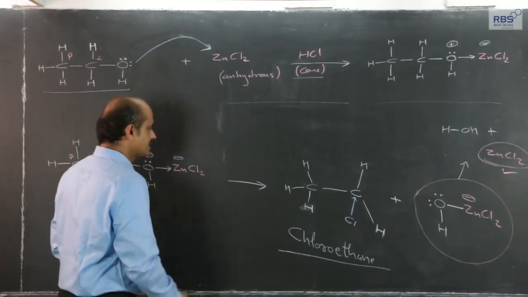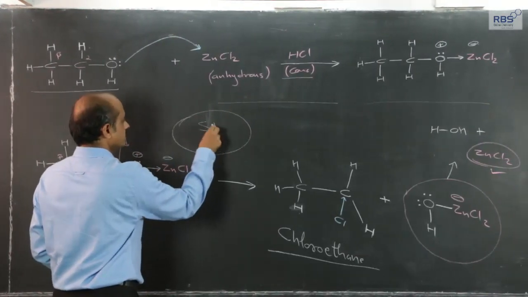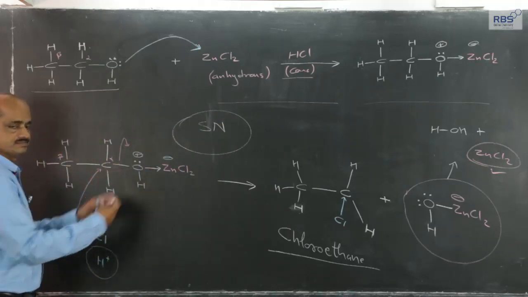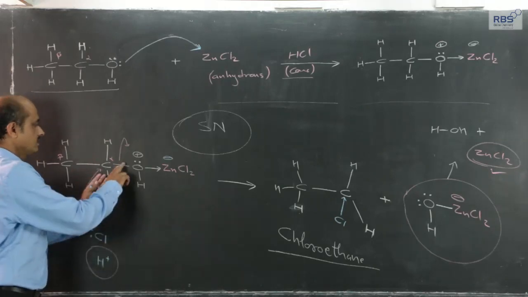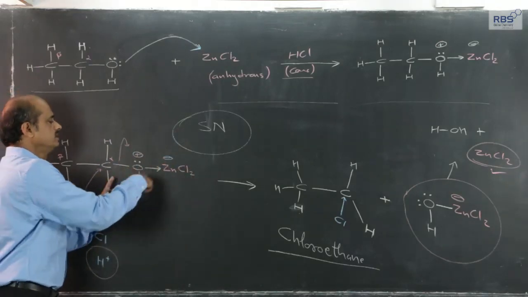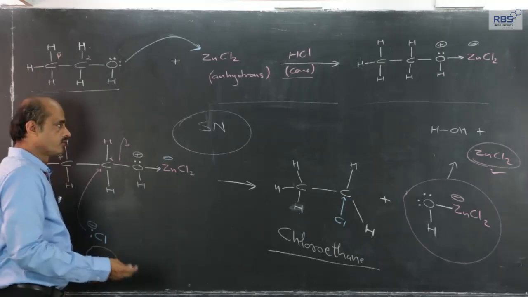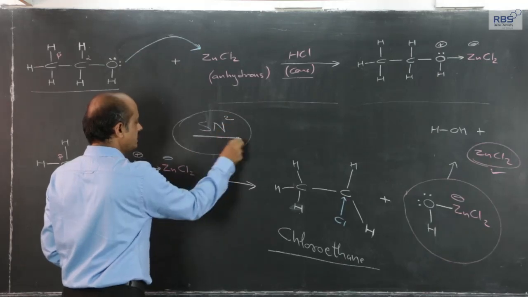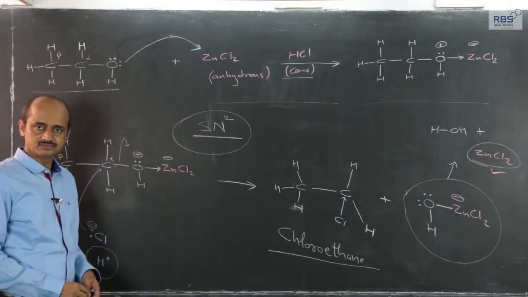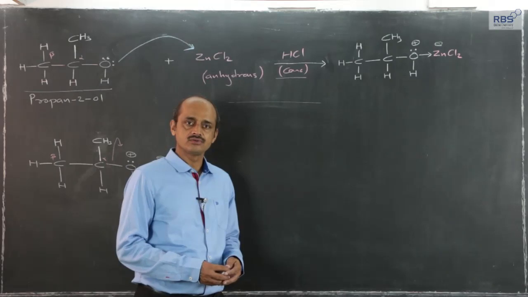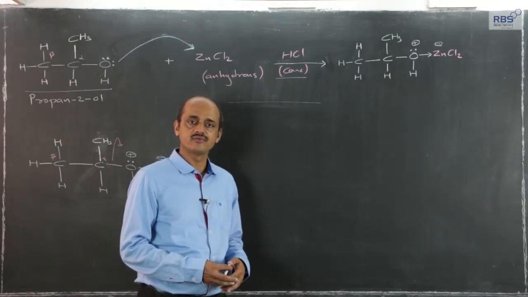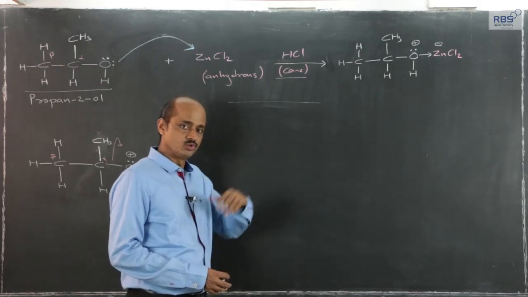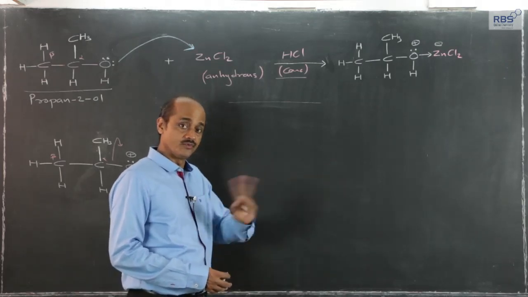So, this is again an example of a substitution reaction, and since this has taken place in one step, attack and removal of the OH group in this form, this comes under what we call the SN2 reaction mechanism. Just now we have considered the example of ethyl alcohol with HCl, ethyl alcohol to ethyl chloride, SN2 reaction mechanism. It is nucleophilic substitution.